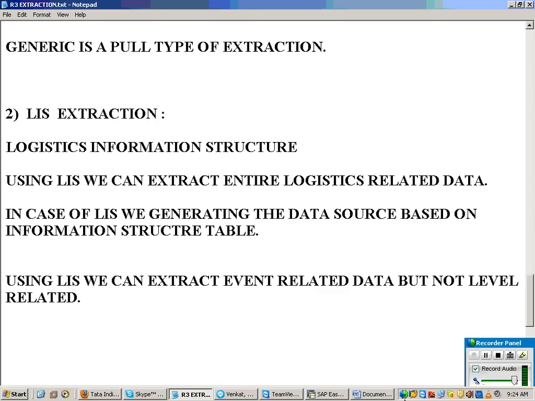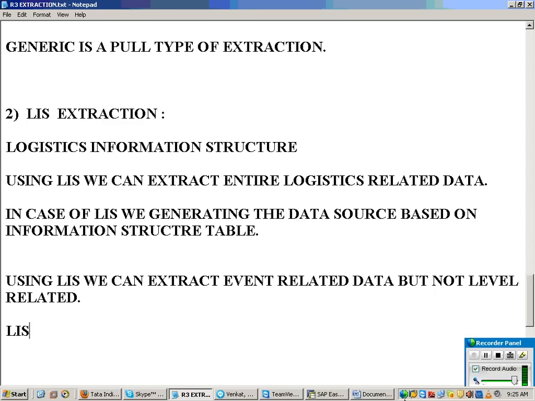Clear the logic now? That's why it has become outdated. So you don't use LIS in your 3.5 system itself, and when it comes to 7, no one uses LIS.